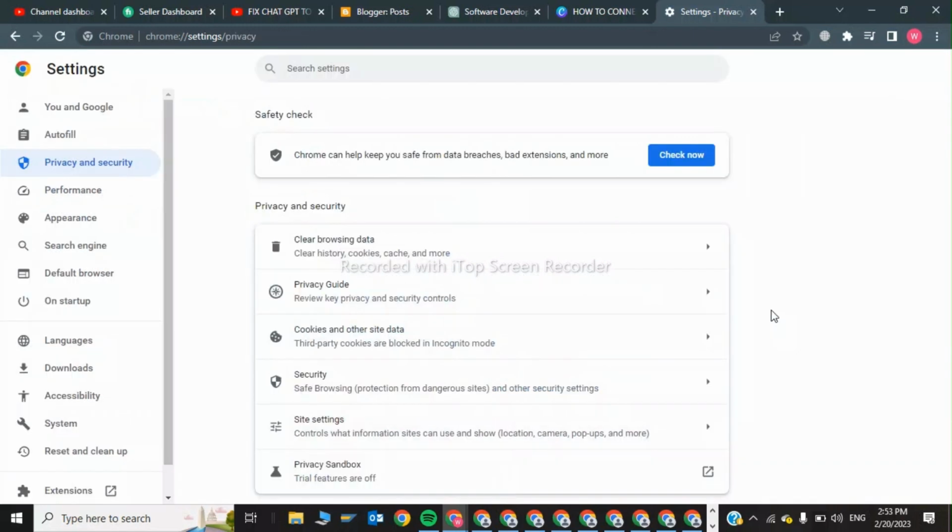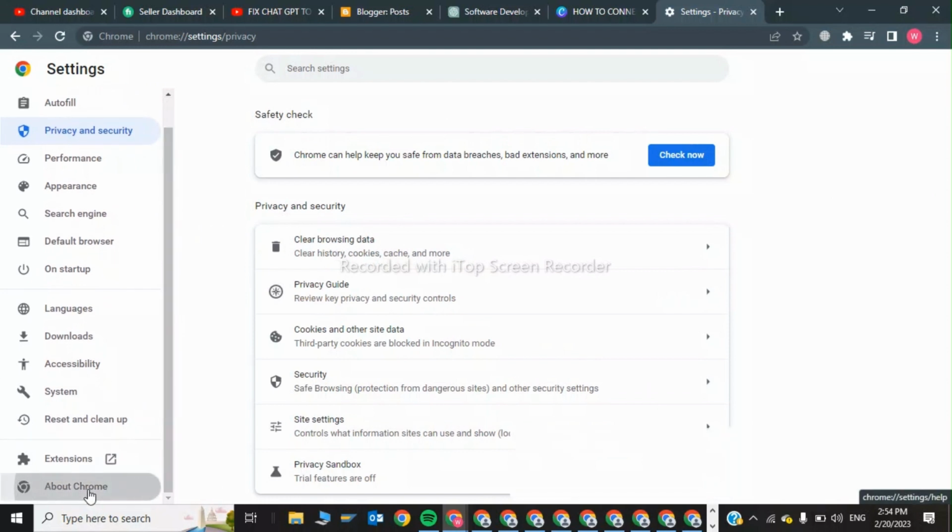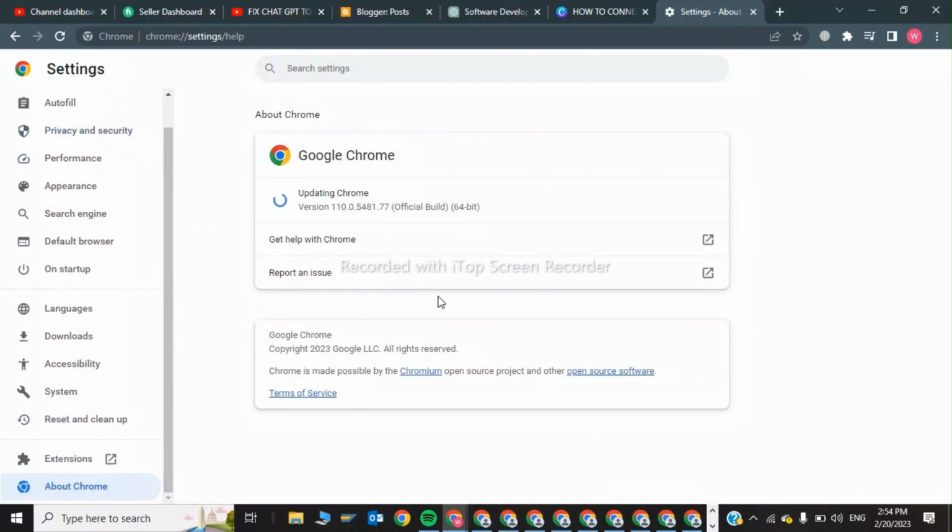So after this step, check if your Chrome is updated or not. About Chrome, so check if your Chrome is updated or not. So my Chrome is not updated, so Chrome is being updated. So after this step, after updating your Chrome,